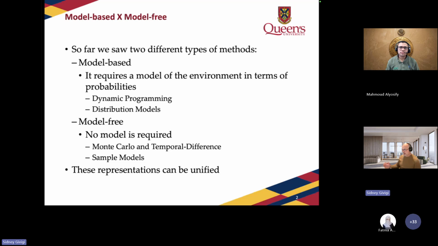So instead of using just a free sampling of the environment, we are going to create a model that is going to bias the way that we sample the environment, right? Instead of blindly sampling the environment, we are going to create a model that is going to guide the way that we create this sampling. So we are going to make the sampling more efficient. That's kind of in line with what you were saying, right?